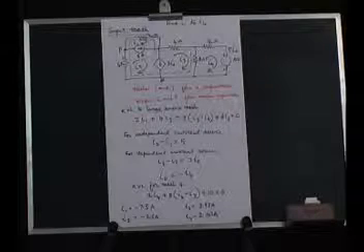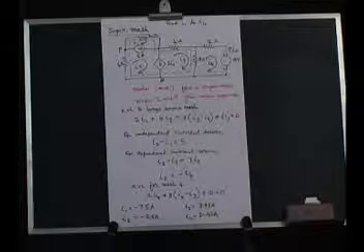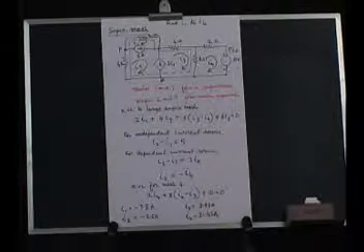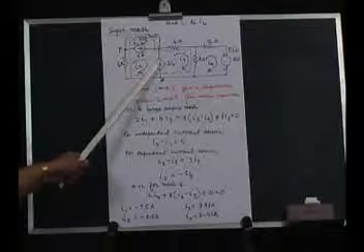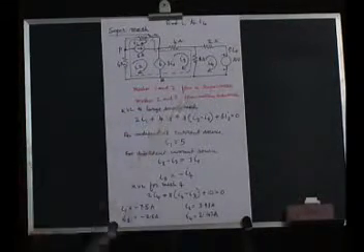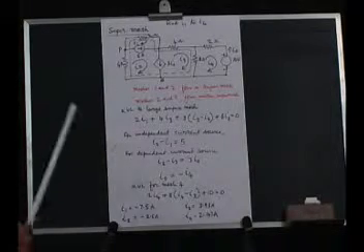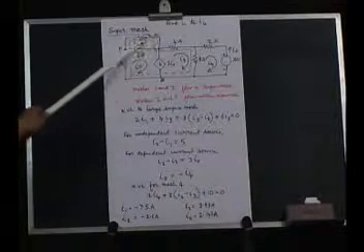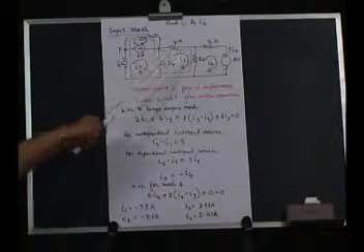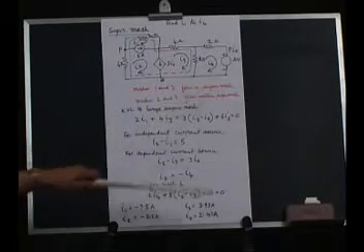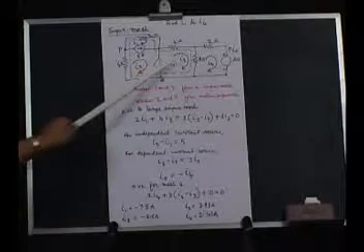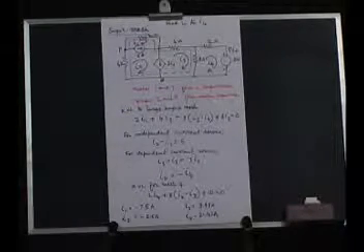To illustrate super mesh, we shall take a more complex problem. In this particular example, we have three sources: one current source here, a second dependent current source here, and an independent voltage source here. If you identify the number of loops, how many do we have? It is one loop like this, a second loop, a third loop, and a fourth loop. There are 4 loops. So, we have to find I1, I2, I3 and I4, and how many equations